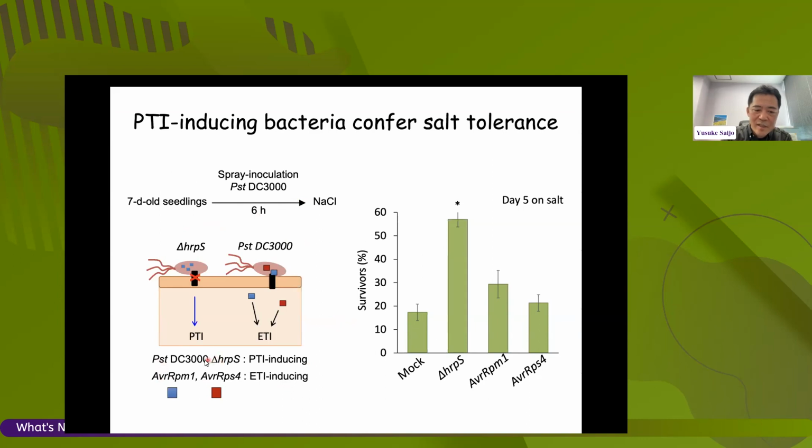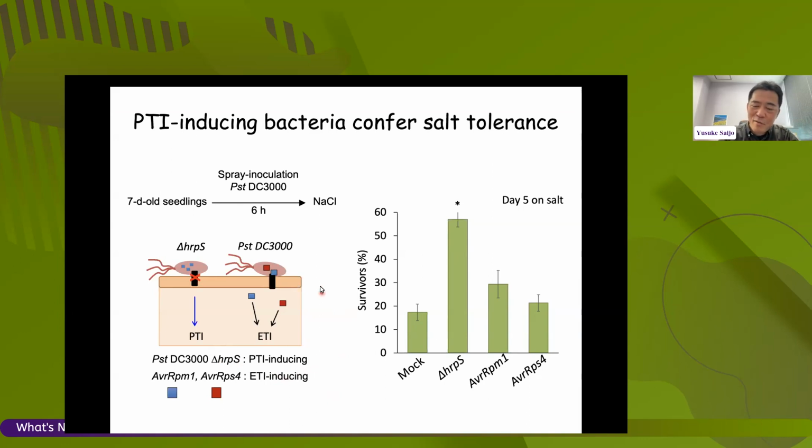So including this hrcC mutant, which doesn't have effectors. So they are considered non-pathogenic, less virulent, and a trigger for PTI. And in addition, we took two virulent bacterial strains, which activate the cognate NLRs to trigger ETI. So both bacteria cannot grow well and propagate in the plants. So that's why, at least under mock condition, the seedlings exposed to these bacteria grow well, no problem,